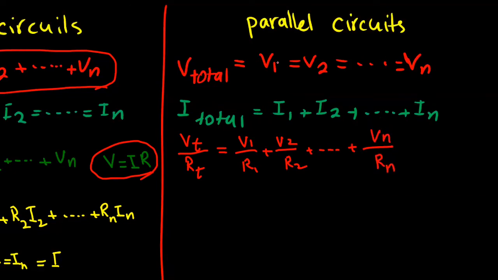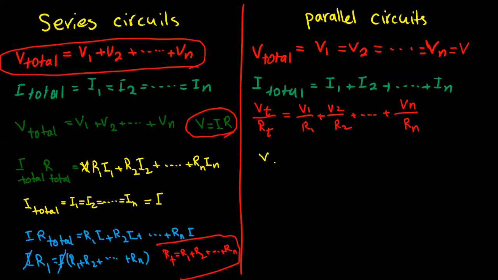And as we can see, V total equals V1, V2, and we can say is equal to V. So it means V total equals V1 equals V2 equals Vn, and all of them are equal to V. So I substitute V for all of them here. So I write it down as V divided by RT